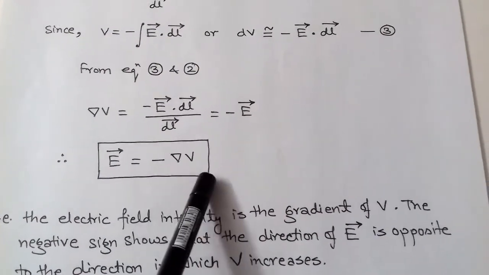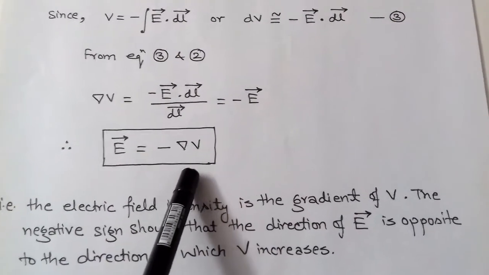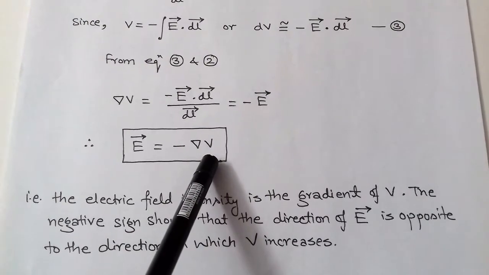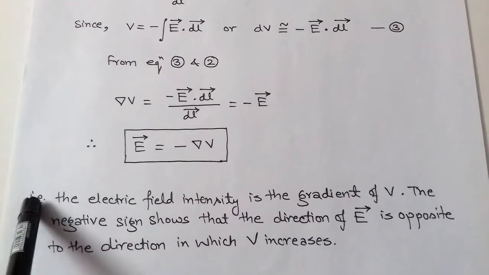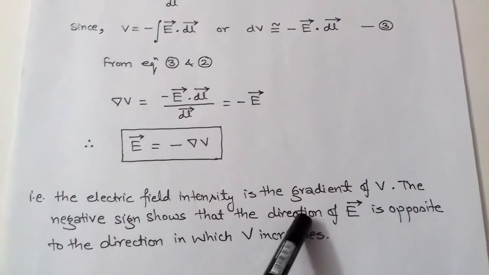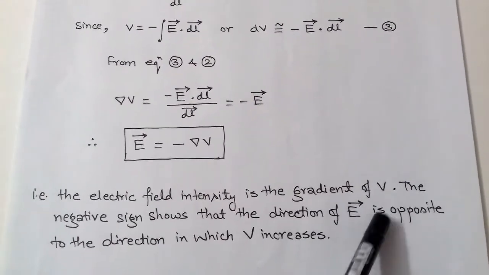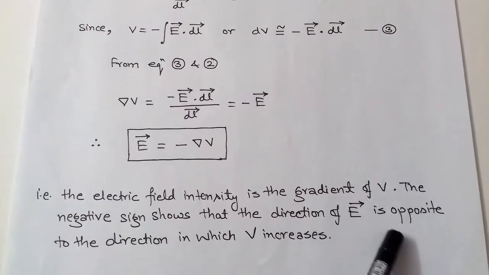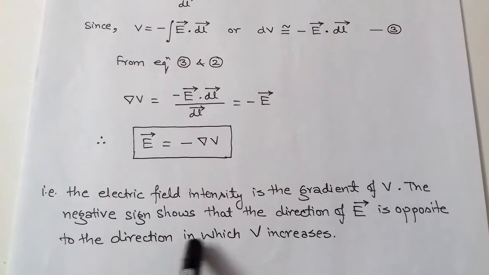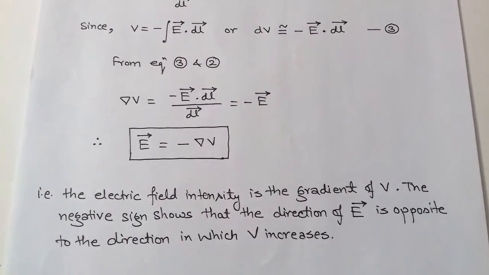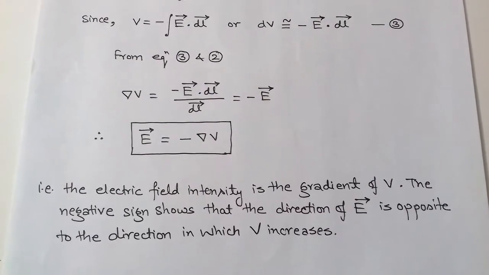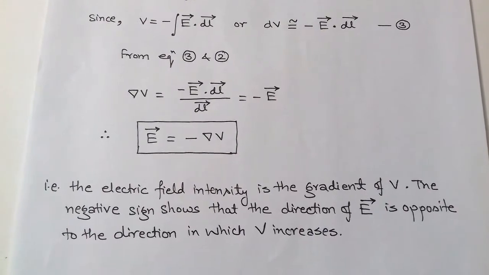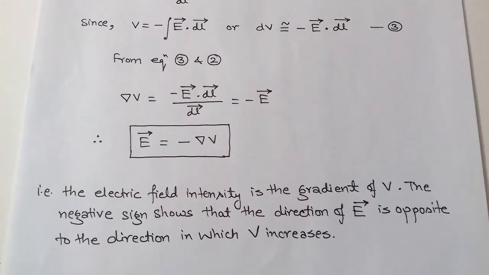So dl is cancelled and we get only minus E. So we can write E equals minus the gradient of V. So we can calculate the electric field intensity from potential. The electric field intensity is the gradient of a potential. The negative sign shows that the direction of E is opposite to the direction in which potential increases. So the potential, that is a new concept